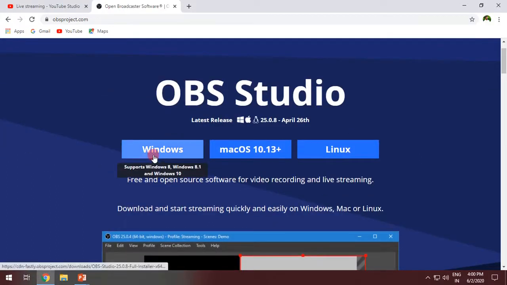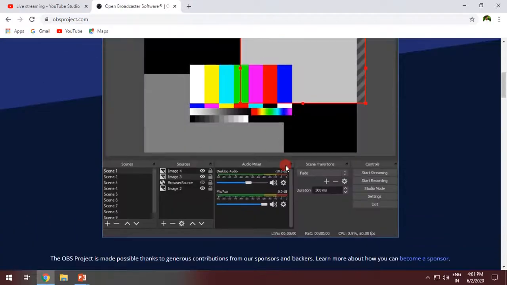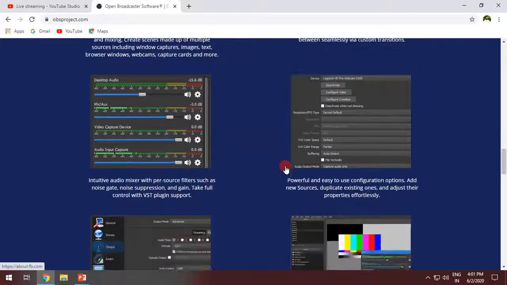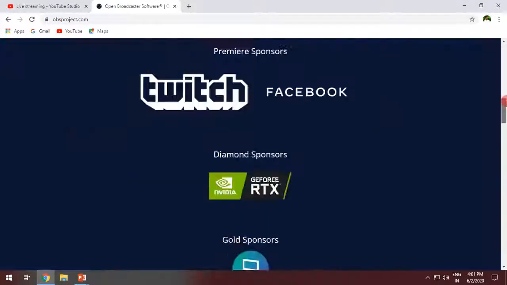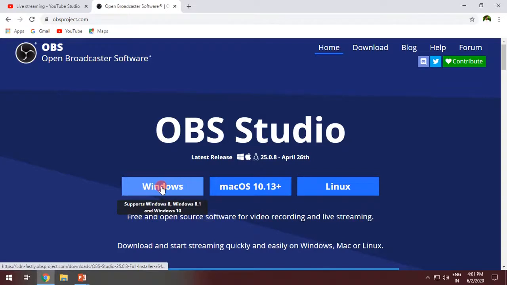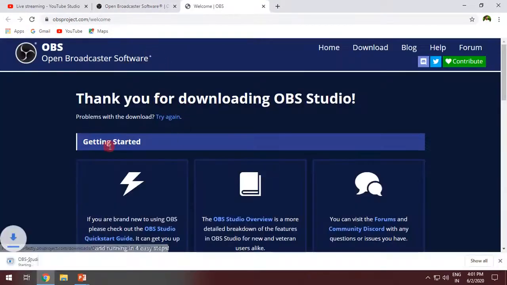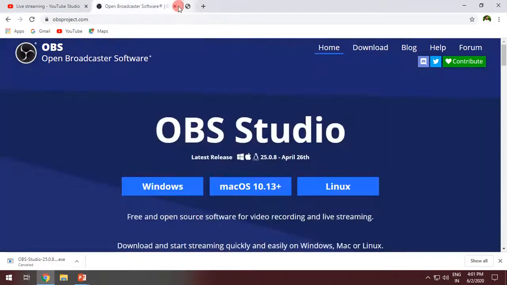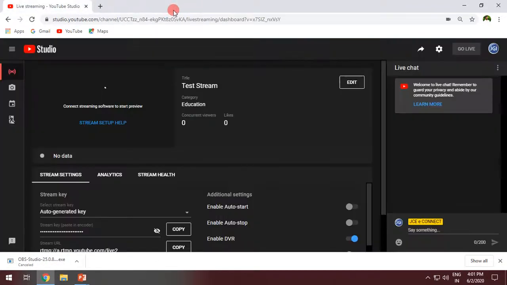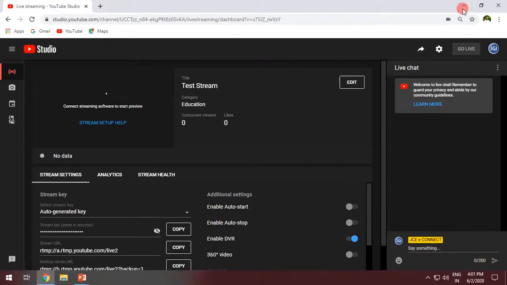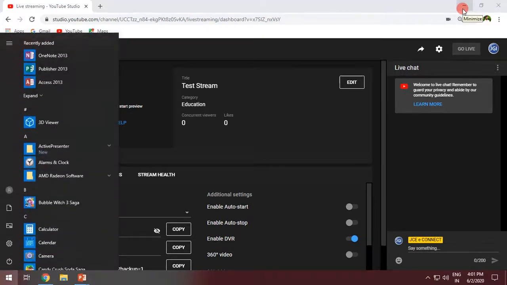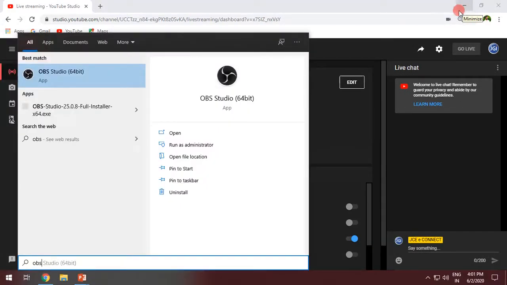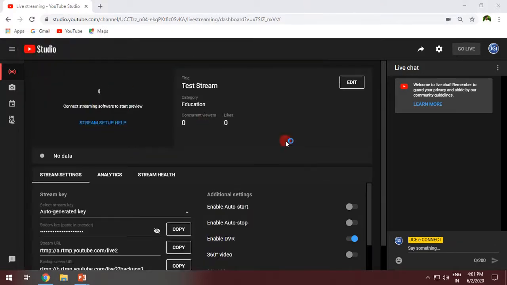So here we will download for Windows. If you are downloading for any other operating system, you can click it here, and the other features that they have mentioned here are nothing required. We can just directly click on Windows and the download will start. So now since I've already downloaded, I'll cancel this download and close this site, and we'll directly go to OBS. Now YouTube is ready and waiting for the OBS to get connected. Okay, so what I'll do is I'll go to start, I'll say OBS, and I'll open my OBS studio.